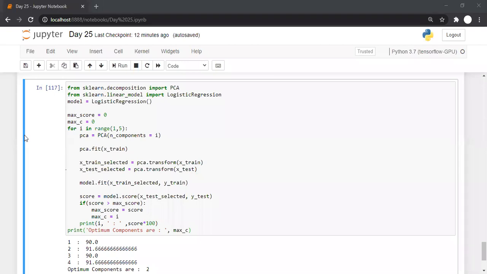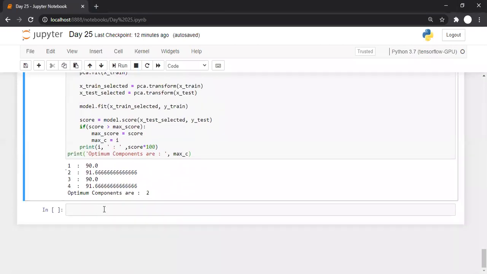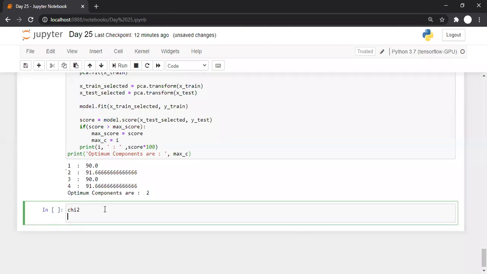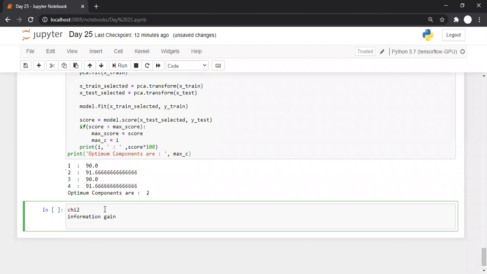No doubt? Okay, good. So similar to this, but PCA is not the only dimensionality reduction method. There are other ways also to reduce the dimensionality, and these ways, like covariance matrix, are related to maths only. So you must have heard about chi-square. So we can use the chi-square method to reduce the dimensionality. Then we can use mutual information or information gain. Or mutual information, this is also one way to reduce the dimensionality.